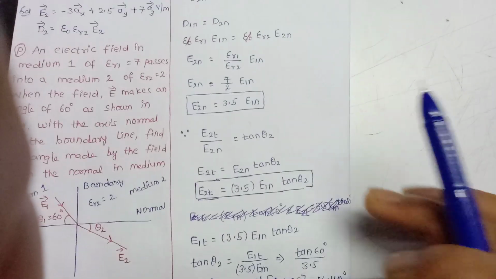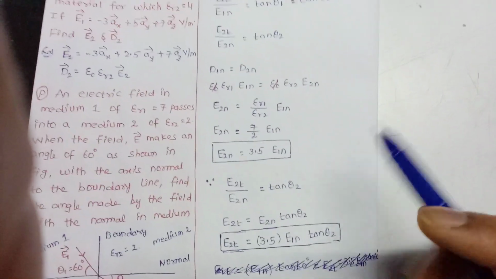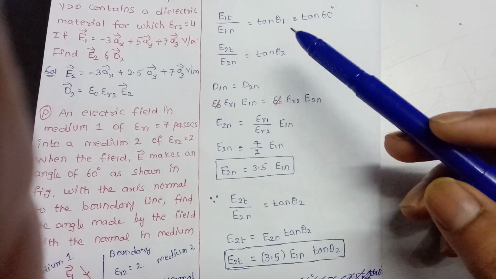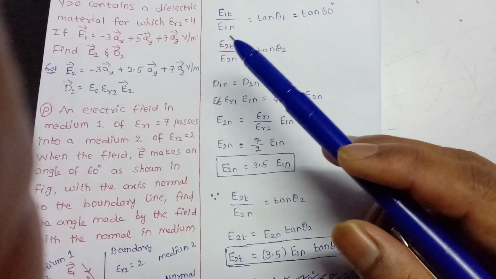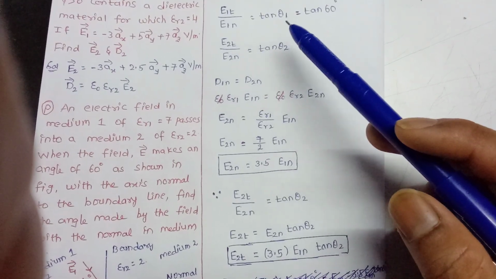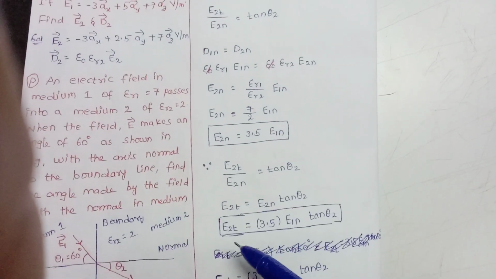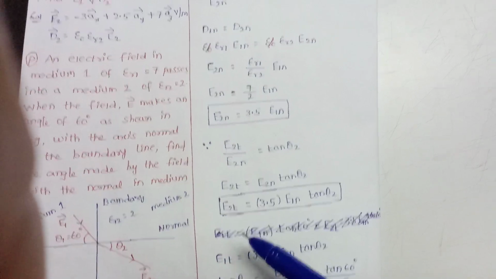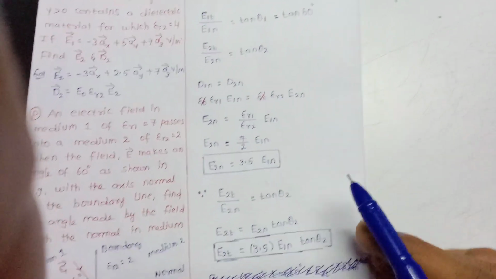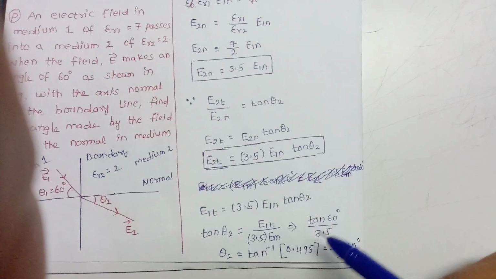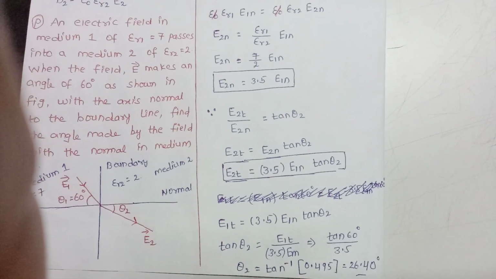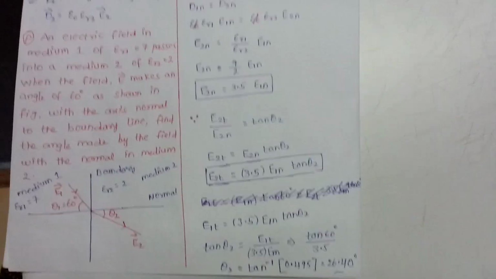In this way, you have to find out these angle problems. You have to use these two conditions and find out E2t, and if they have given the theta 1 angle, then finally you have to equate it to E1t. If they have given the theta 2 angle, you have to do it oppositely. Is it clear? I hope that it is understood, right? Then the remaining problems are going to be given as homework to you students. Very easy. If anybody has any doubts, you can ask.